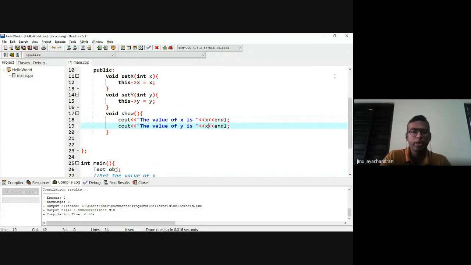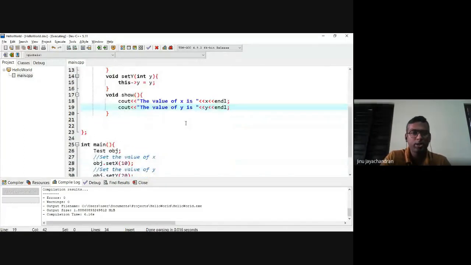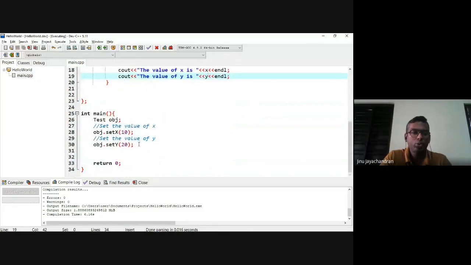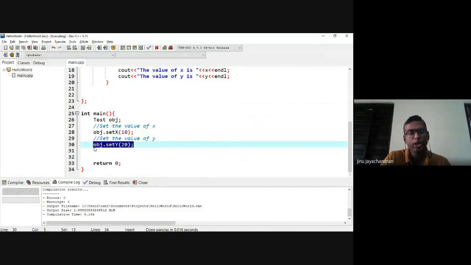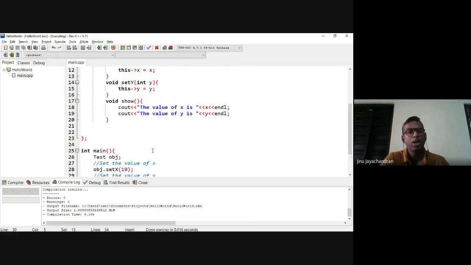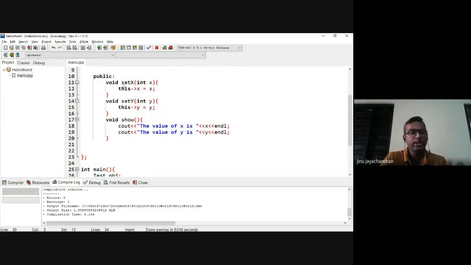Right? So here I am calling using two separate instructions. One, first I call x, set the value. Next I call y, set the value. Okay. Instead, you can have a single instruction to set both x and y. We won't change anything inside the function.